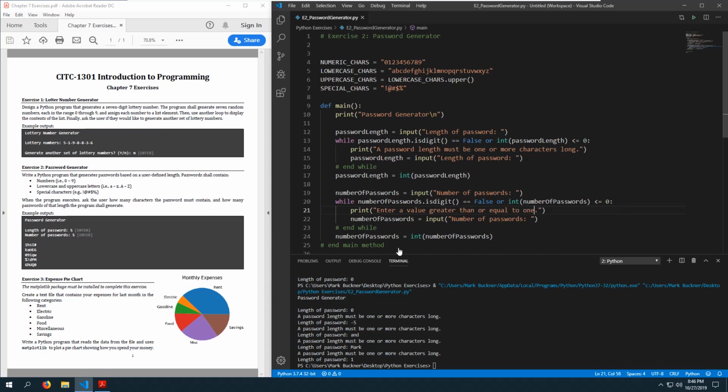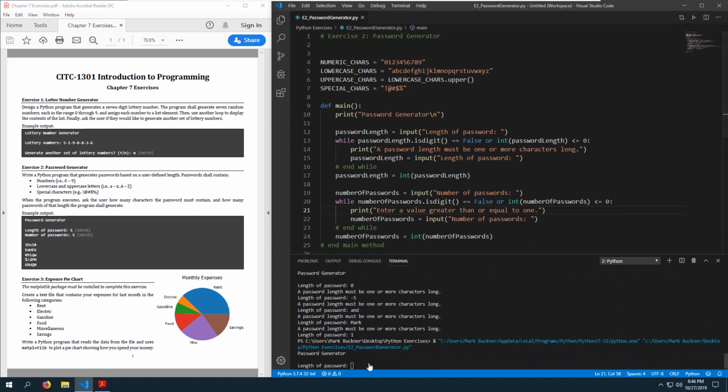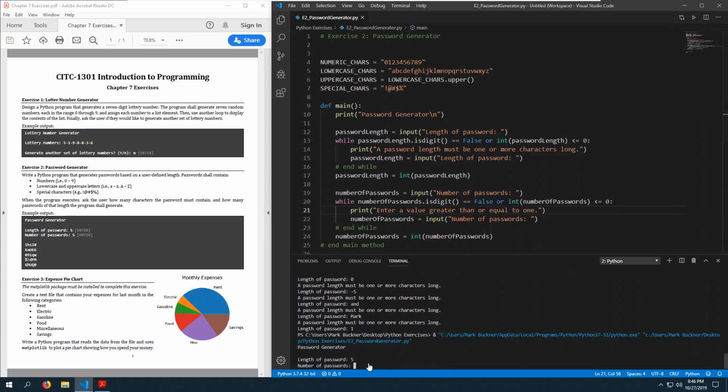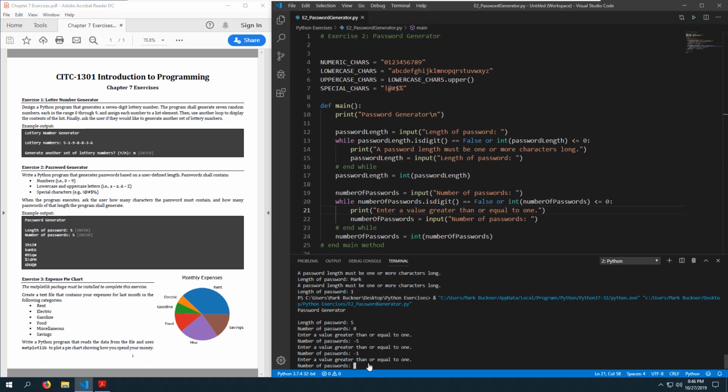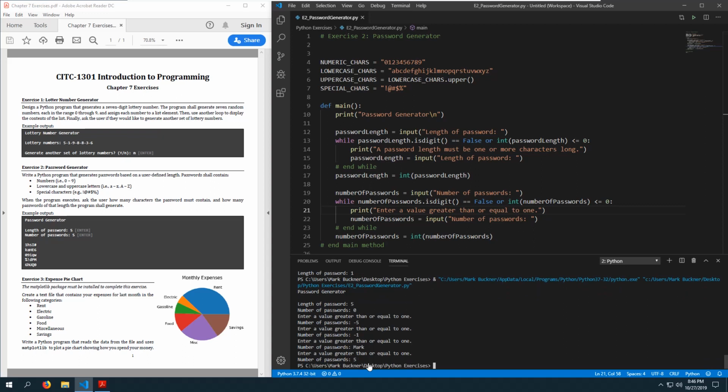I'm not sure if that's the best way of saying this, but it will get me past this and tell the user enough information. I'm going to do 5 for the length, and then number of passwords, we'll do all our tests here. Let's do 0. That doesn't work. Enter a value greater than or equal to 1. Let's do -5. We'll do -1 just to test it too. Let's do string data, and then do 5 to make sure that it works properly. All right. Now that I have all of that data,